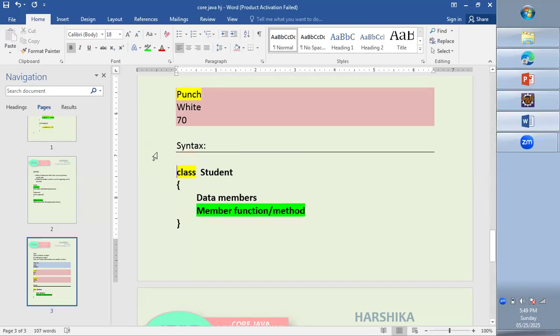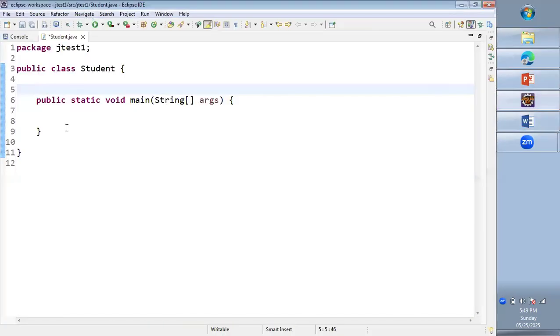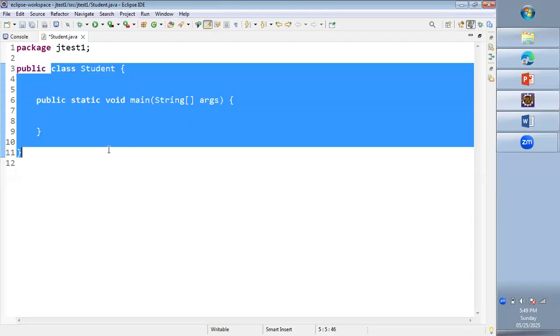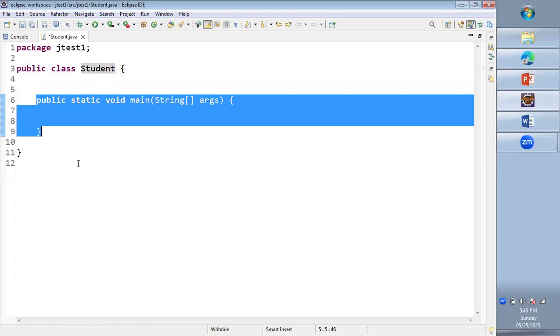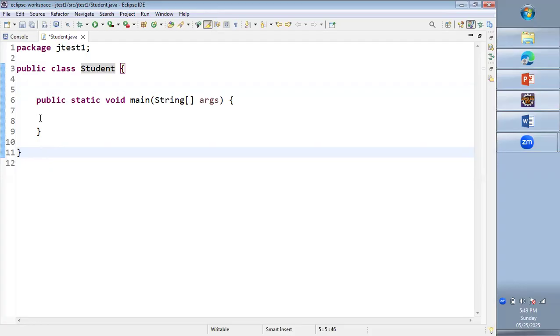So for that, I am using Eclipse IDE. Here there is already a file, Student.java, a Java class file, where there is already a class Student, inside which the public static void main method is present. This class is public because we should make it accessible to the compiler, and as it contains the main,